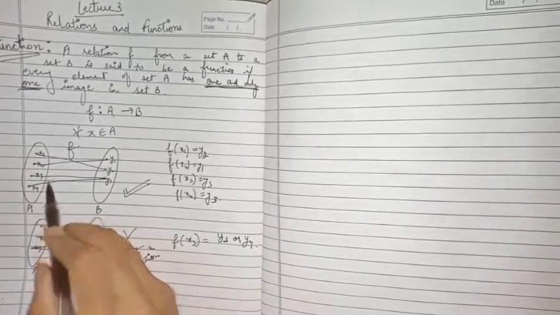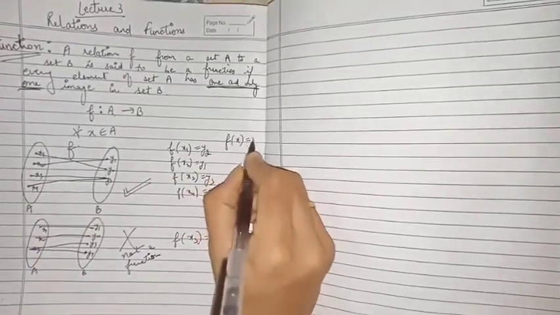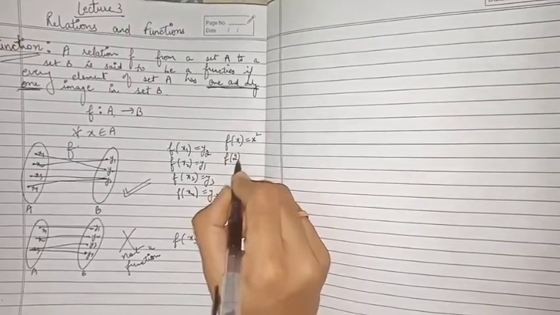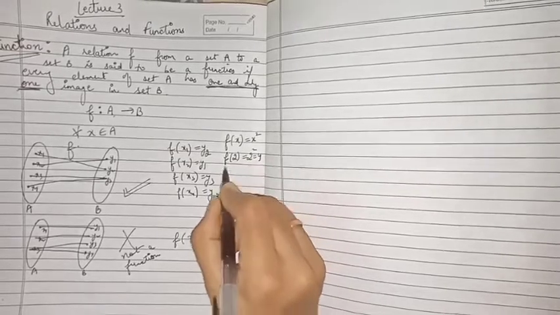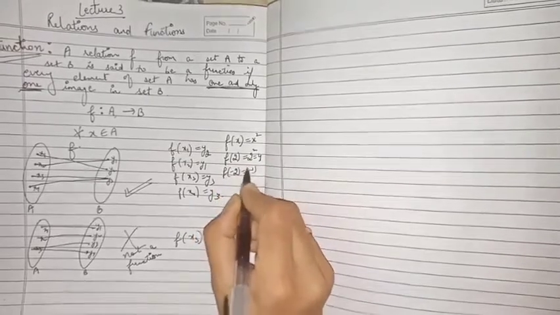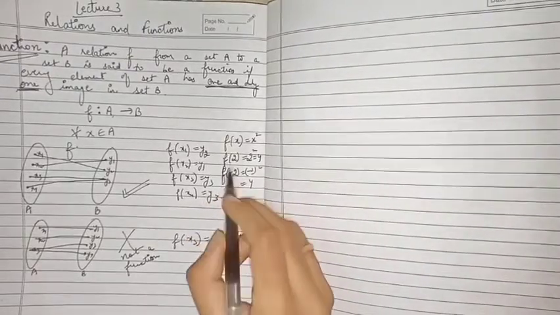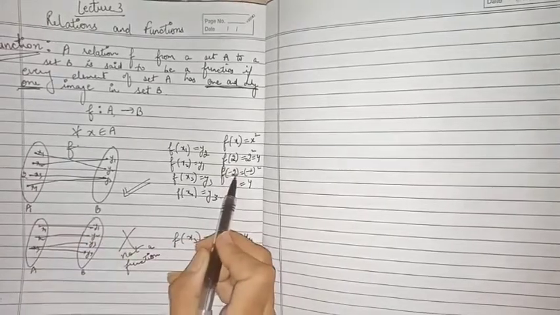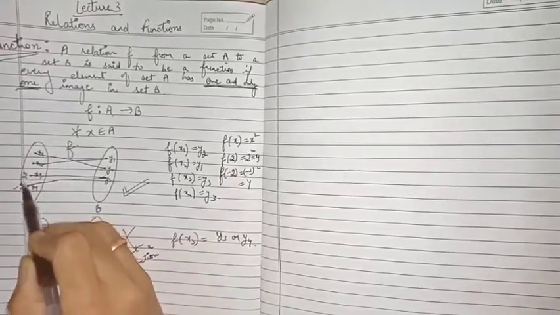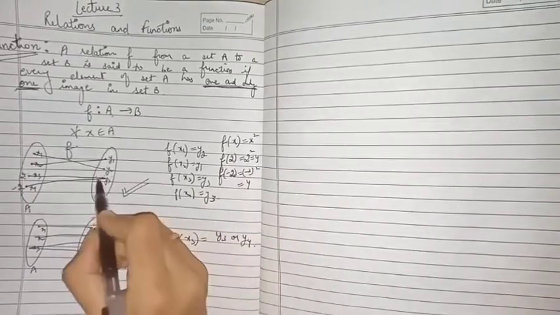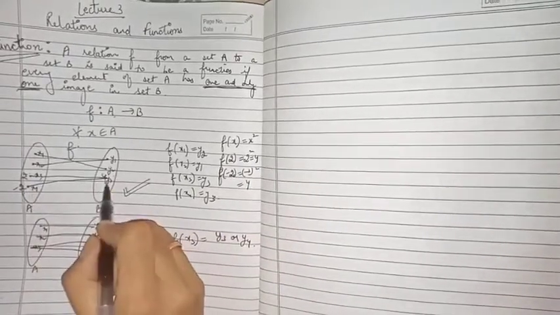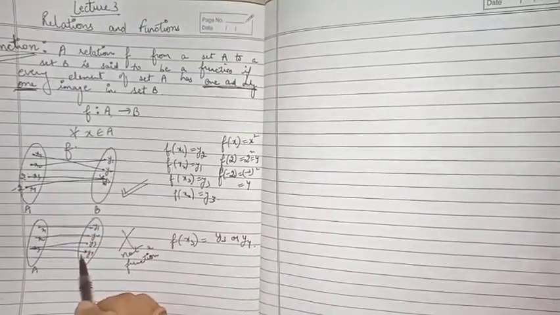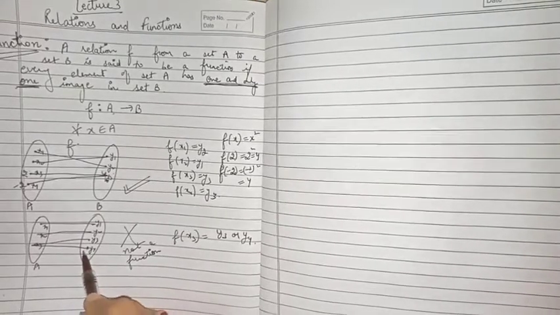But in this case, let us consider f(x) = x². Let us consider this is my function. You all know that the image of 2 is 2² = 4, and the image of -2 is also (-2)² = 4. These two elements are distinct. Let us consider x3 is 2 and x4 is -2. These two are different, but the answer is 4, which is the same. This can happen for functions, but the earlier case can never happen. Are you getting what I am saying?